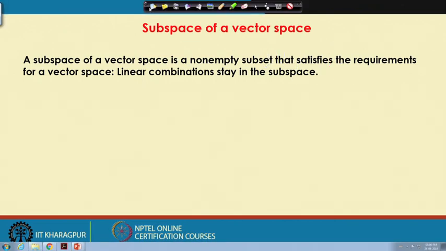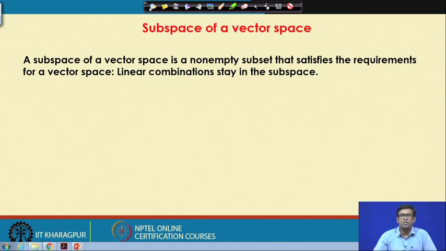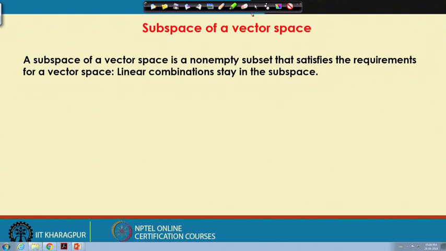And a subspace, as the name suggests, is a smaller subset of that vector space. A subspace of a vector space is a non-empty subset that satisfies the requirements of a vector space. Linear combinations stay in the subspace. So, it is also a vector space, but it is not the real coordinate space, it is a smaller part of the real coordinate space. And if we do a linear combination, like adding two vectors, the result will also lie in that smaller part of the vector space, or if I multiply a vector by a constant, that will also lie there. For example, if we can think of